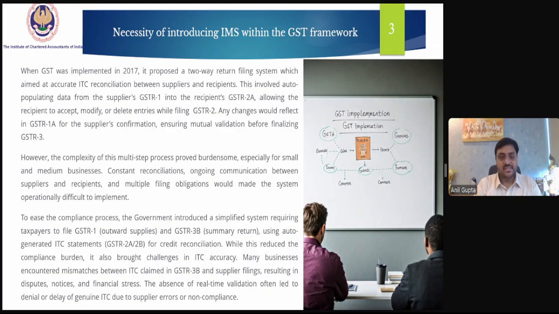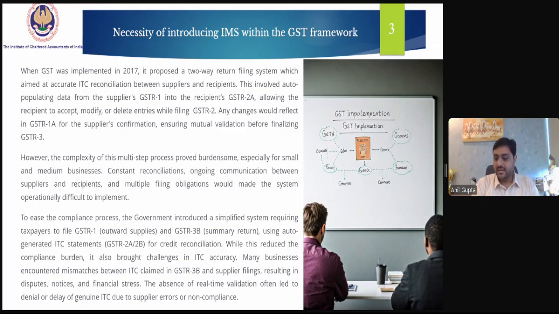Many businesses encountered mismatches between ITC claimed in 3B and the suppliers' filings, resulting in disputes, notices, and financial stress. The absence of real-time validation of the invoices or records provided by the suppliers often led to denial or delay of genuine ITC due to supplier error or non-compliance.